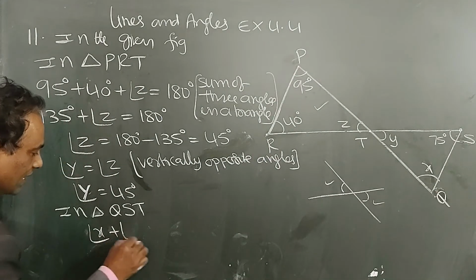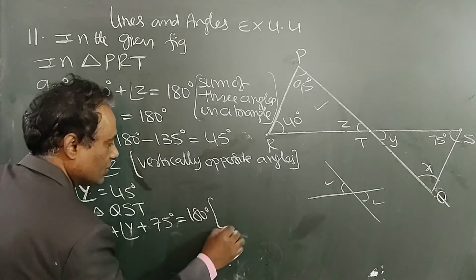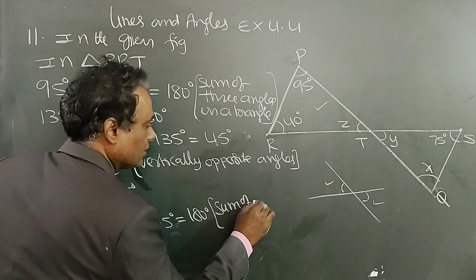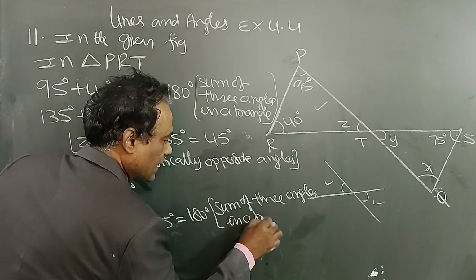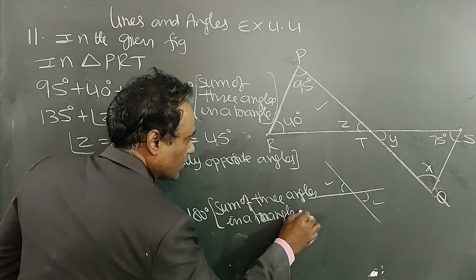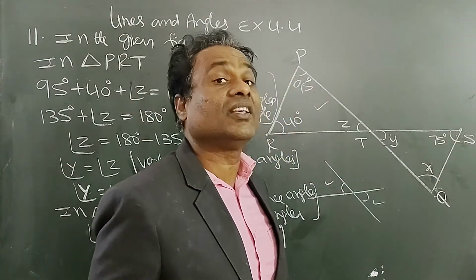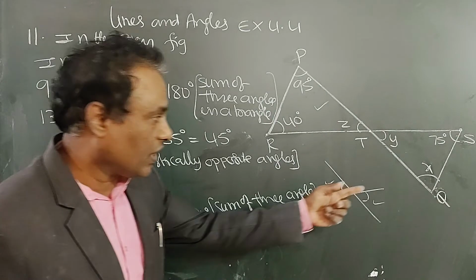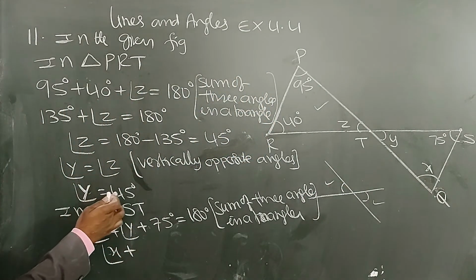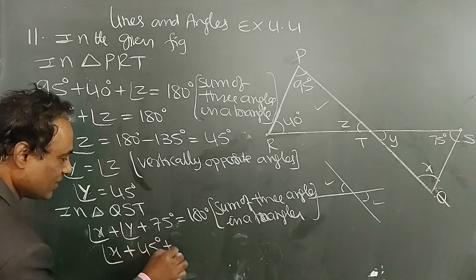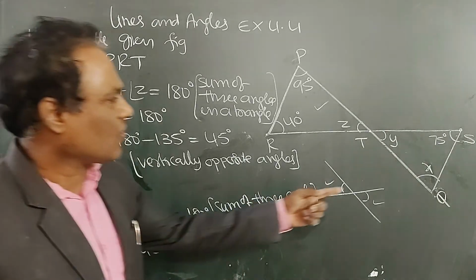Angle X plus angle Y plus 75 is equal to 180 degrees. Sum of three angles in a triangle is 180 degrees, same reason which we wrote here. So this angle plus this angle plus this angle is 180 degrees. Angle X we have to find, we don't know. Y is 45, plus 75 is equal to 180 degrees. So that implies X,